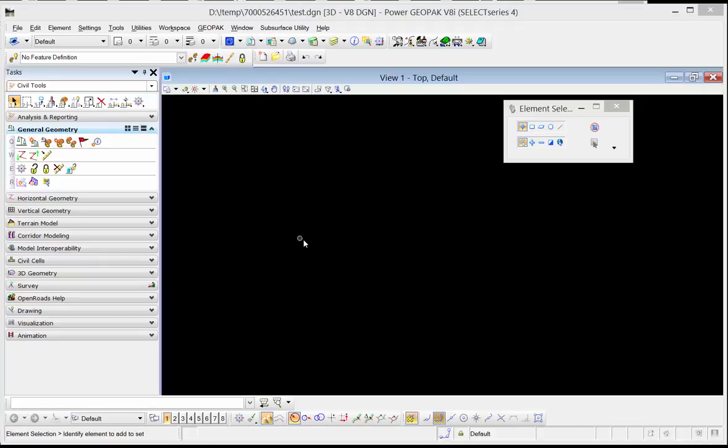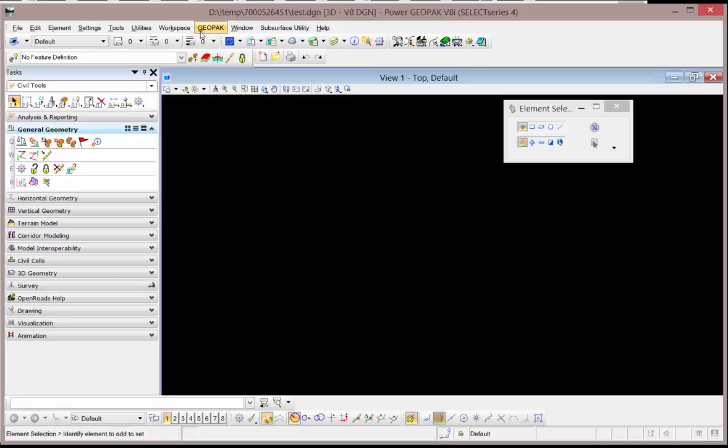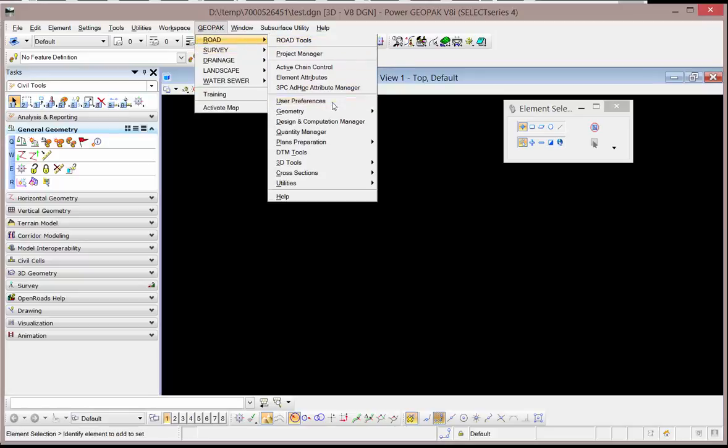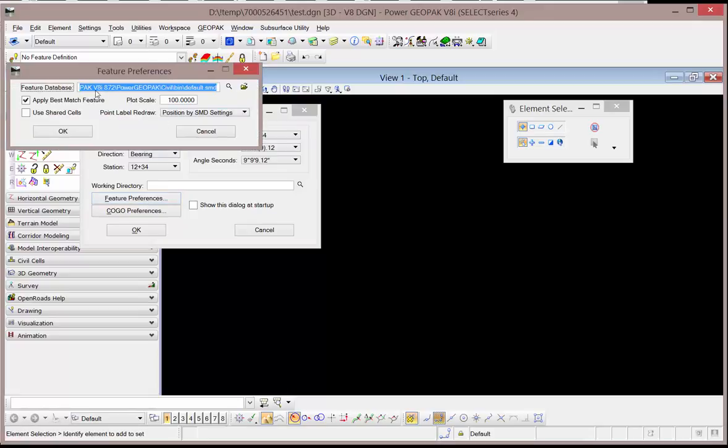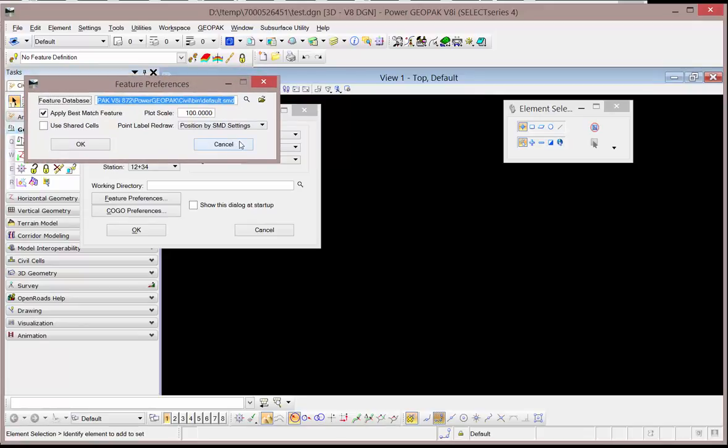changed the way coordinate geometry or GEOPAK survey plots the elements in their databases. You need to first go to GEOPAK Road, User Preferences, and you'll see the Feature Preferences button here. By default, you're going to be pointing to an SMD file called default, and that's going to be under your standard install directory. Now, I recommend if you're going to modify this default SMD that you save it as something else and put it in a different location so when you update GEOPAK with a new version, you don't lose